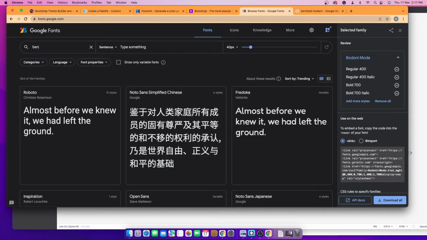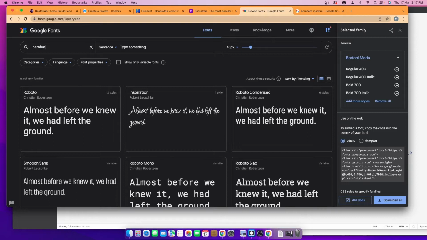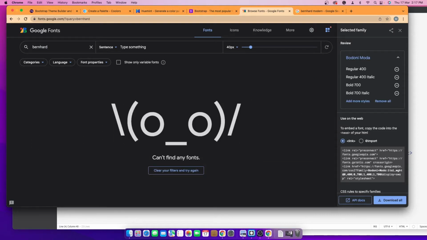So let's just search. I can't find any Bernhard. It's probably because my spelling is not correct. So I'm just going to look for Bernhard. Alright, so apparently there's none. Let me see whether the spelling is correct. It's Bernhard, and then Modern. Okay, so obviously it is not available, and I might have to change to another alternative font if I want to,